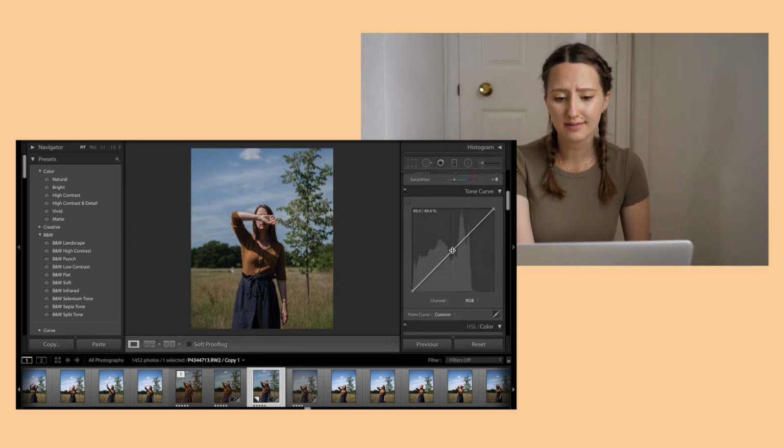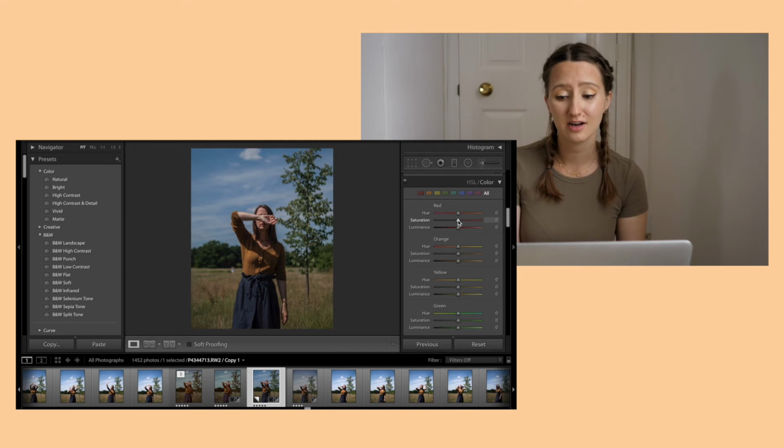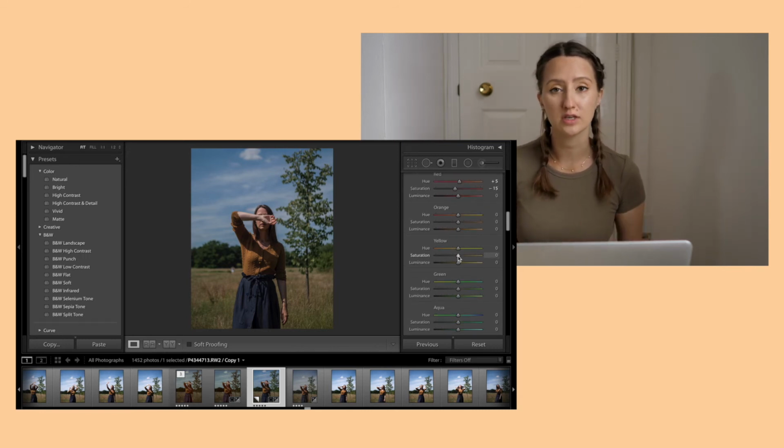Here, basically, I'm not gonna really do much in the tone curve. I just want to reduce the contrast, so I'm gonna bring down the midtones and flatten this image just slightly like this. And now I'm gonna bring back some of the shadows as well. I do think that my skin looks really red here, so I'm gonna bring the reds down and hue slightly to orange. One of the first things I do is I go to yellow and I just see what it